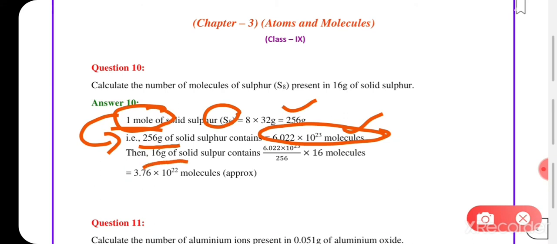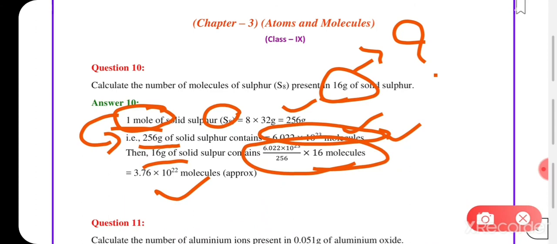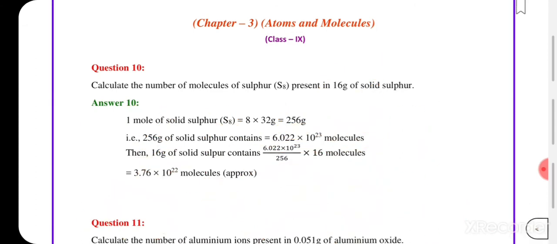Therefore 16 gram of it, they are asking you for 16 gram, right? This is the question. You have to find it for 16 gram. For 256 gram, you know already, applying the mole concept, that 1 mole of anything is equal to Avogadro number. Therefore 16 gram of it will be equal to how much? So 6.02 into 10 power 23 divided by 256, into 16. This is what you have to do. You will get your answer as this approximately. Fine. Moving on to the last